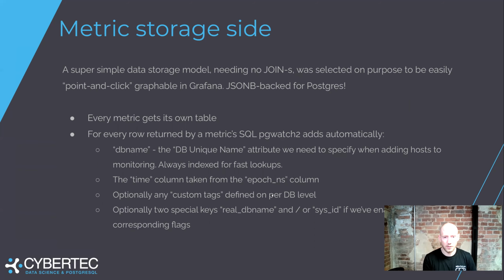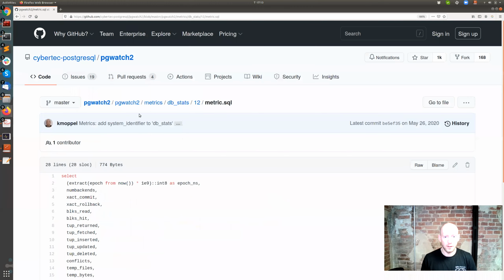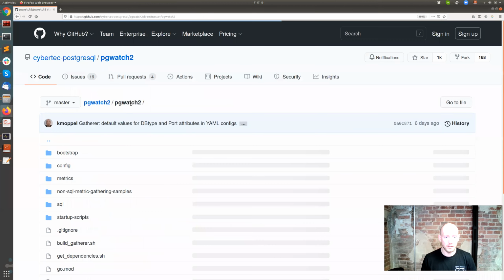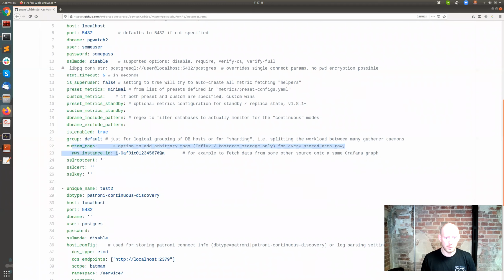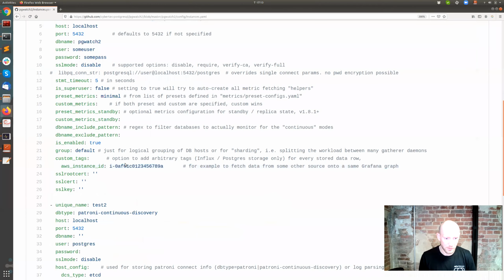Okay, so let's take a look at an example. Where do we use this? So we have this sample config entry, which also defines some custom tags. Basically this can be any string information, and it will be stored for every data row as an extra indexed key value pair. So meaning you should think about it in advance,